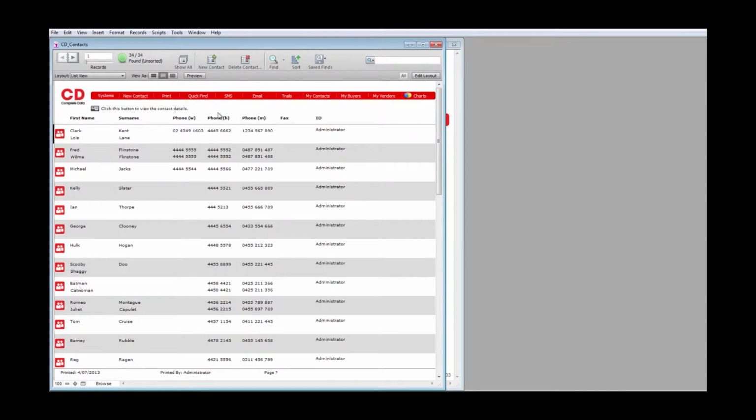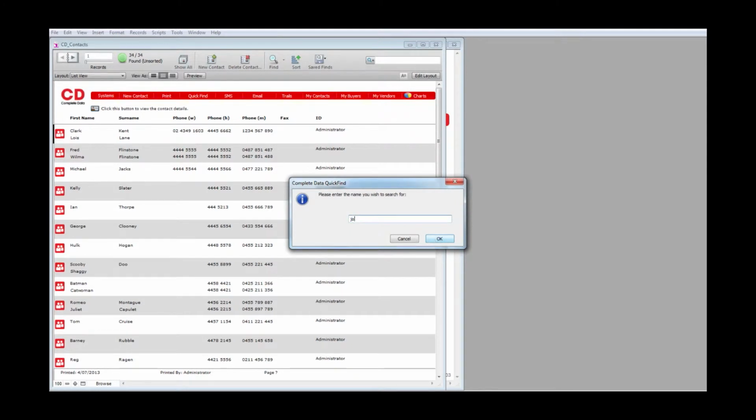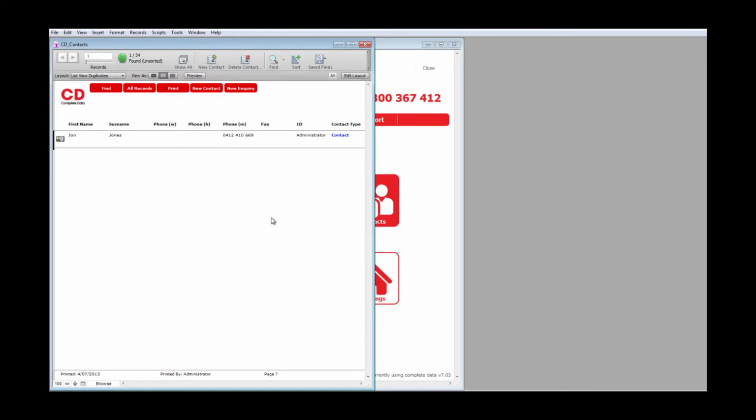We can find the contact that we'd like to convert the appraisal from. So we can select on Quick Find. In this case, I'm going to use their name. I'm going to enter in, once I've selected the correct contact,